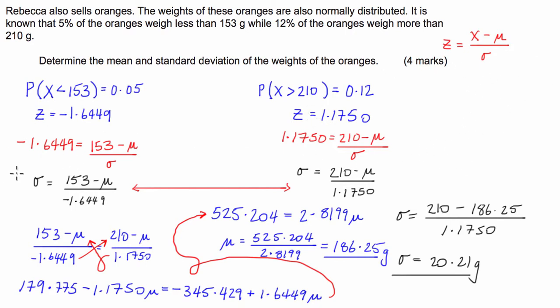What we then did is we put the z-score along with the boundary condition of 153 or 210 into two separate z-score formulas, which we were then able to solve simultaneously using a little bit of algebra. And after we did that, as long as we don't make any mistakes, the answer will just pop out as being 186.25 and